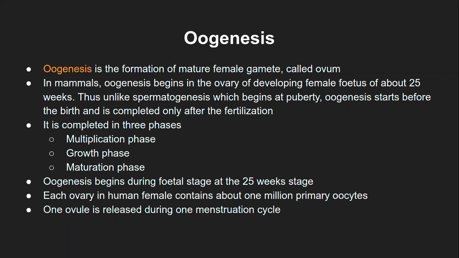But all the structures, for example the primary oocyte, will start forming at certain time points. We will see that whole process, and there I will mention this fact again. So, unlike spermatogenesis, which begins at puberty in males, oogenesis starts before birth itself and is completed only after fertilization. So oogenesis is kind of a broken process. Broken in the sense that it starts in the childhood or infancy stage. It happens to some extent before puberty, and then it stops again.